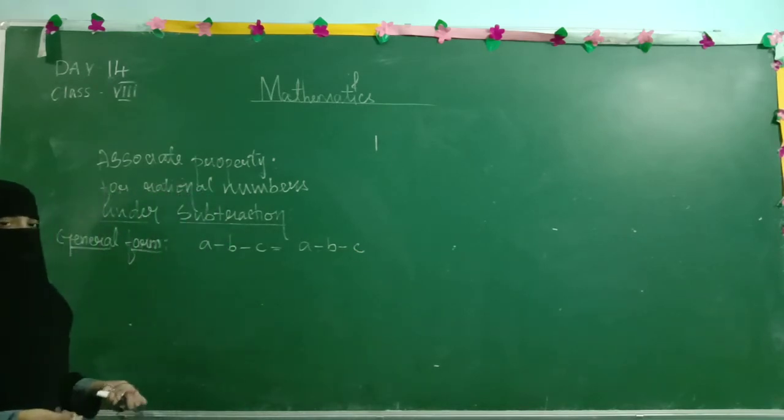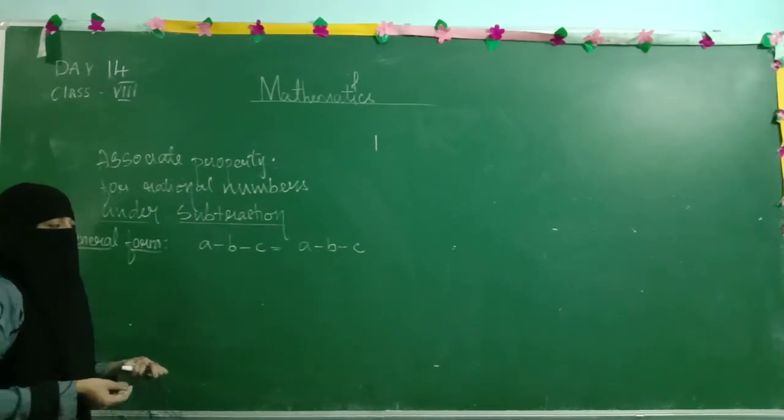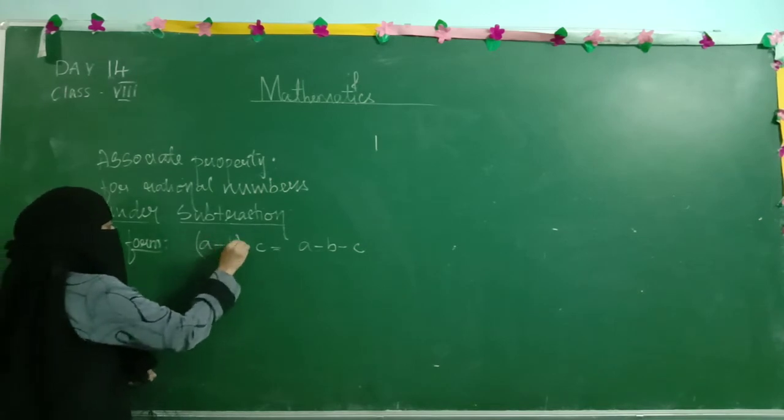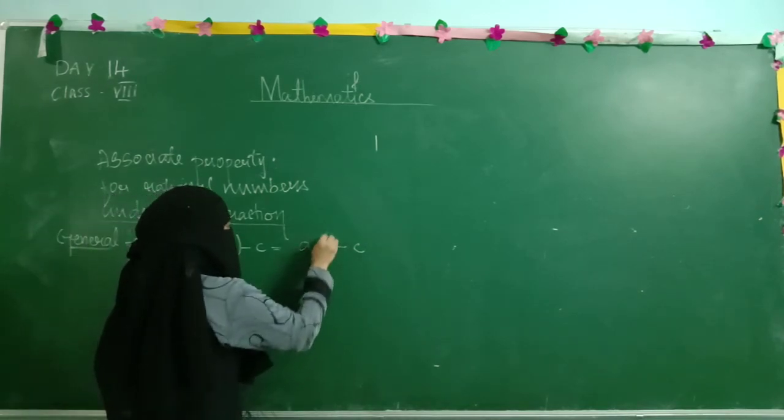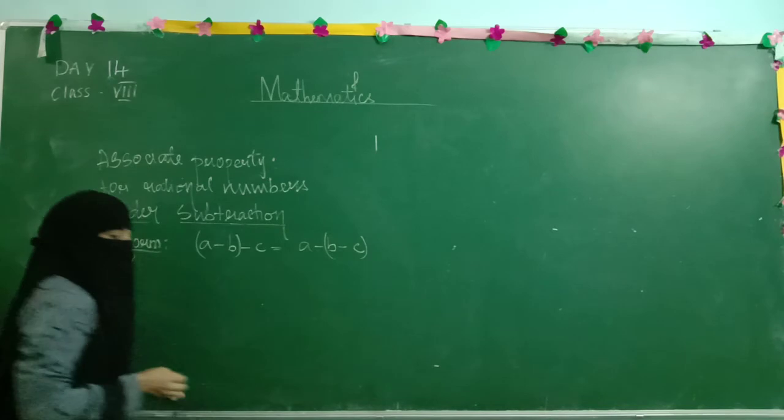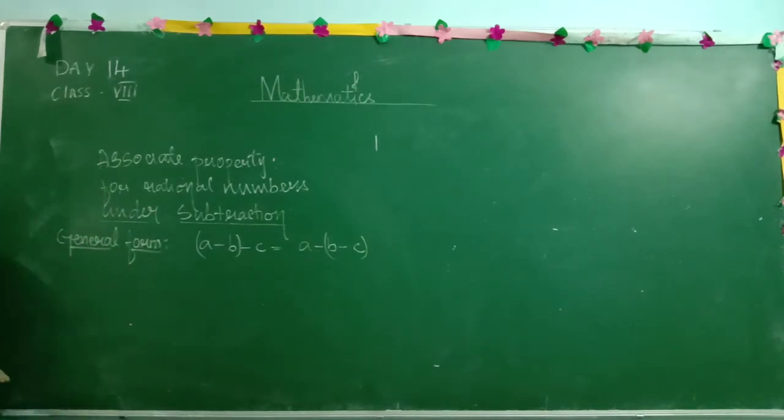Now what is the most important thing? Both sides should be equal. Yes, we need to give the bracket to the first 2 terms on the left side, and on the right side we have to give the bracket to the last 2 terms. Is that clear? Good. So what is the first step we did in the previous class? Very good. We are going to check LHS. What is LHS here? Left hand side.